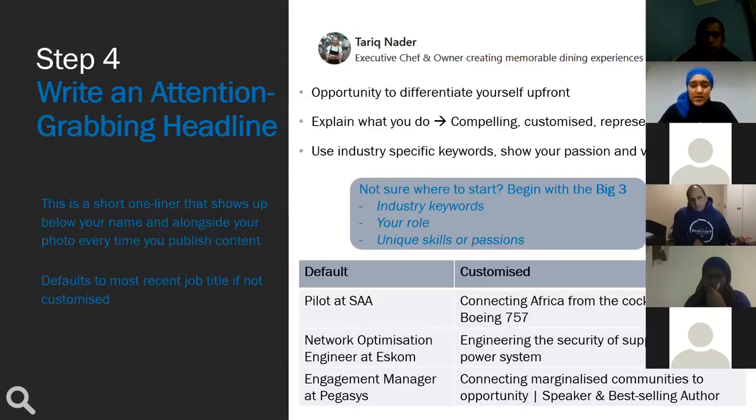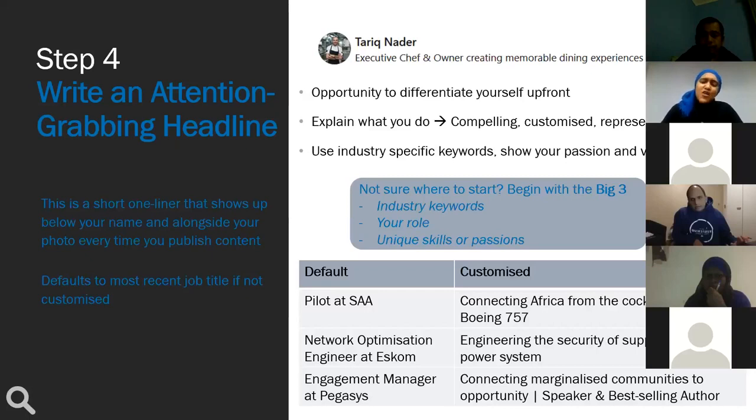The second one in that table is one of the roles that I had before, and there you can see which utility I was referring to earlier. I'm not there anymore. Do not hate me, please. The people that work at Eskom are actually very nice people. But it was a network optimization engineer at Eskom.